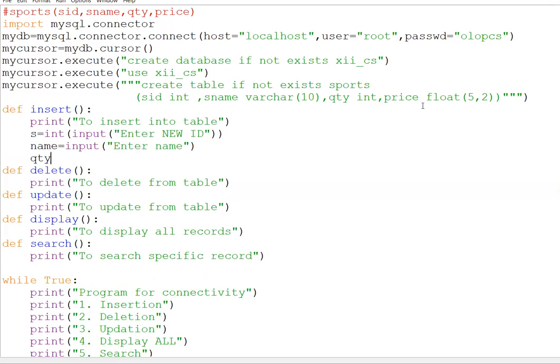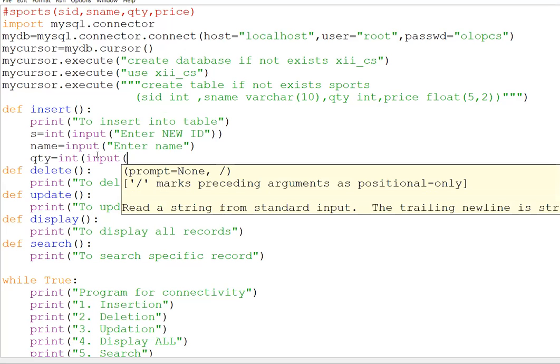First two were different, last two I will be taking the same so that it is clear to you that you can use either. But always make a habit of taking different, otherwise you will be confused. Fine. So QTY is equal to integer input, then enter quantity.